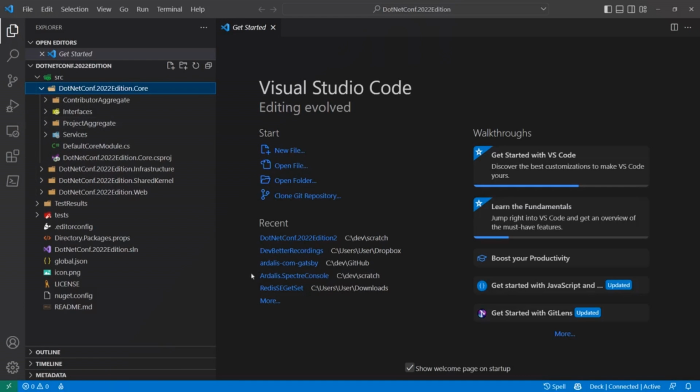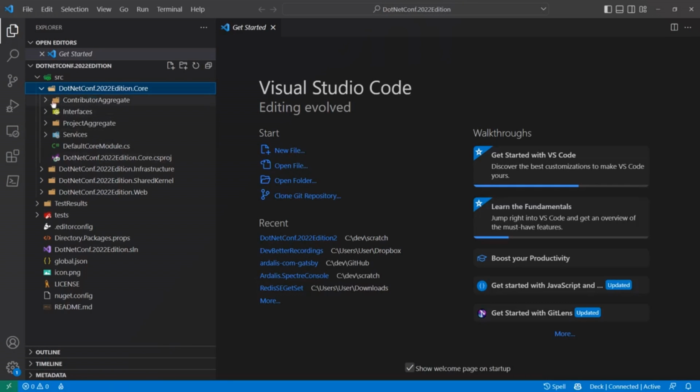Core has a couple of top-level aggregates. So you can organize the inside of these projects however you want, but my recommendation is, rather than organizing them by the type of thing it is, like entities, value objects, events, interfaces, I prefer to organize it based on the type of application that I'm building. So in this example, out of the box, you get a little bit of sample code just to show you how the patterns work and how things fit together. You can totally delete all that stuff. It's just part of the template, but it shows you how you might organize things.